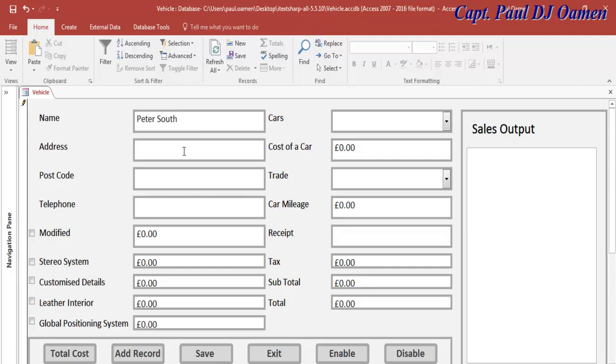An address, let's say 77 Mac Lane, MM9. Telephone number. Peter wants the following car accessories, and Peter is also